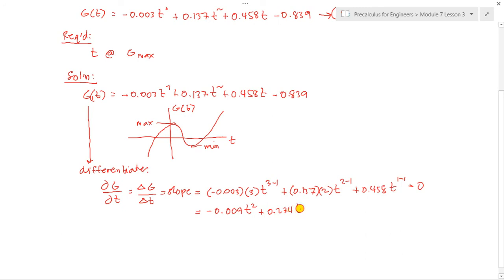0.274, then this is t, 2 minus 1 is 1, so t na lang, plus here 0.458, then t raised to 1 minus 1 is 0 is 1, so 0.458 na lang. So here, this is now a quadratic function. So if this is a quadratic function, then we have two values for our t,